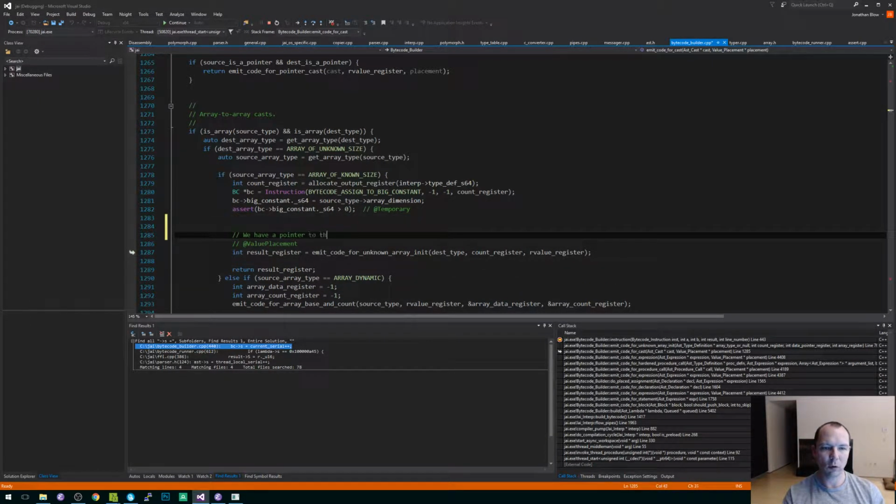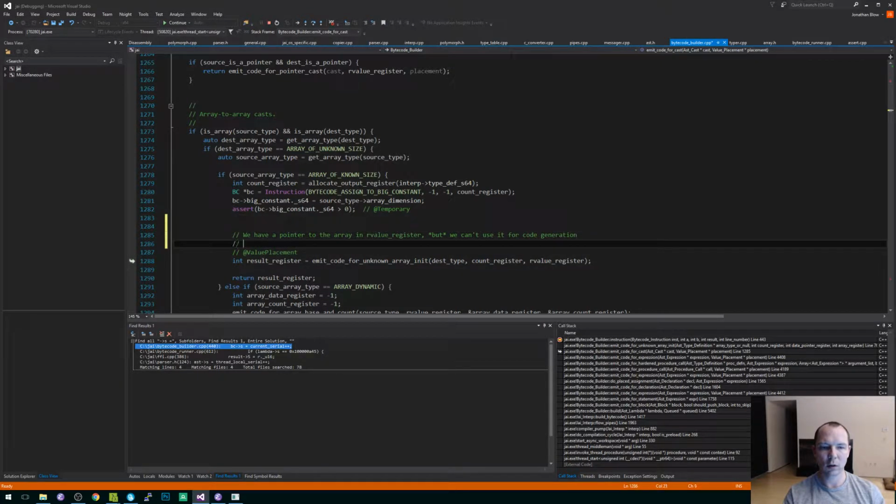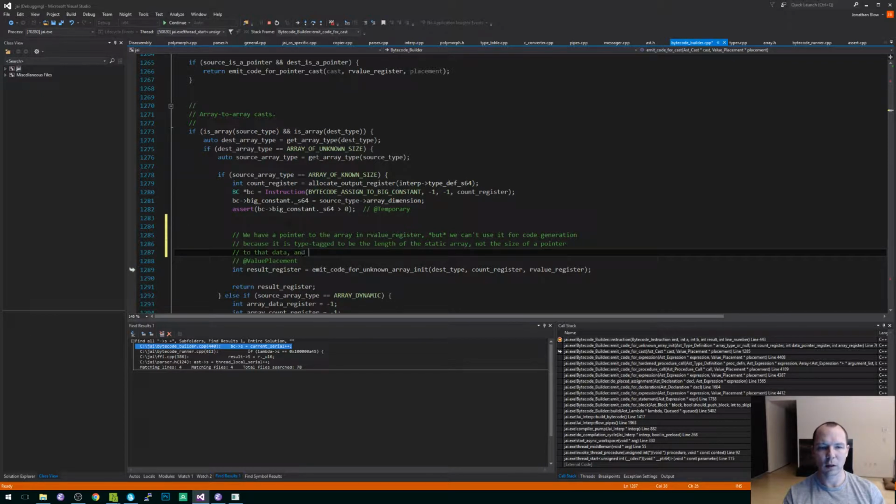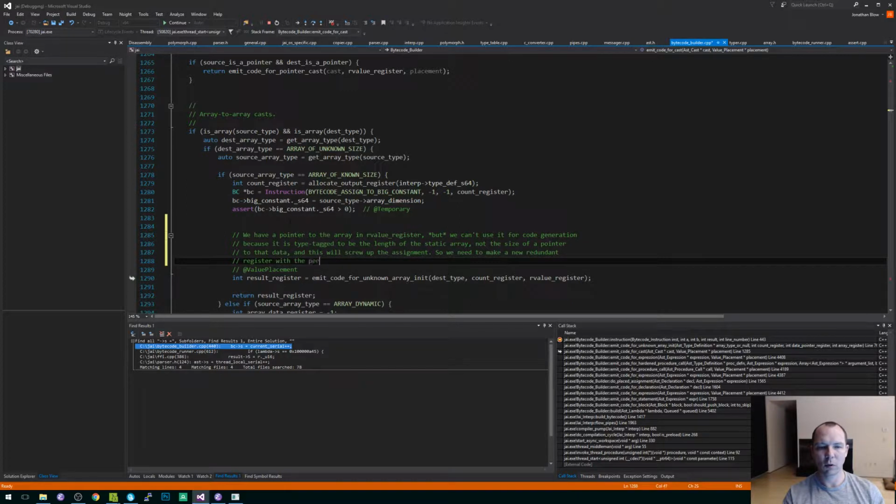We have a pointer to the array in our value register, but we can't use it for code generation because it is type tagged to be the length of this array, not the size of the pointer to that data, and this will screw up the assignment, so we need to make a new register with the proper size.